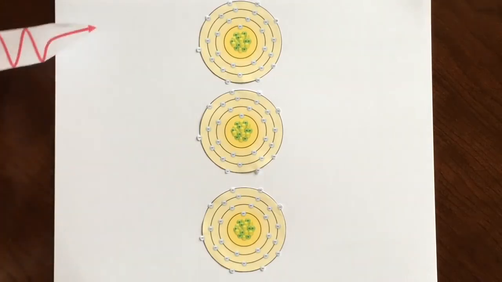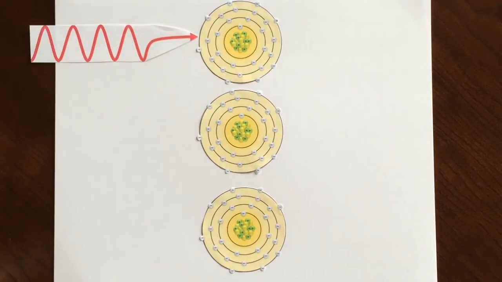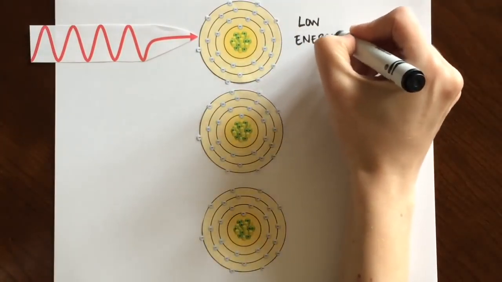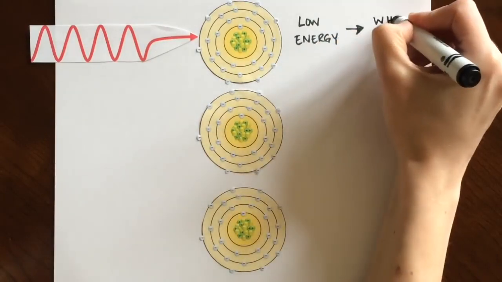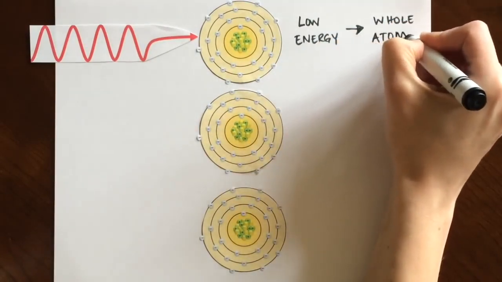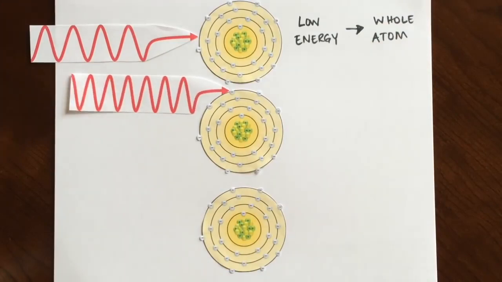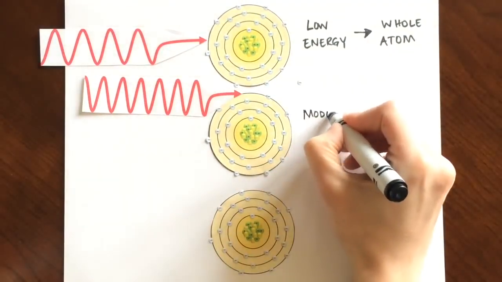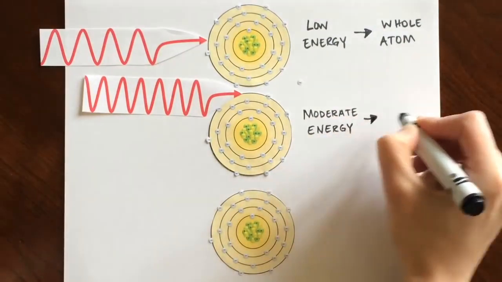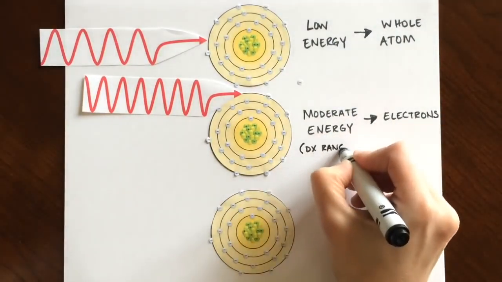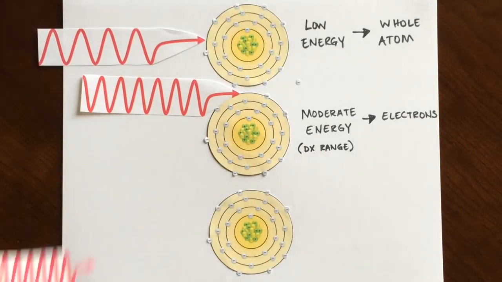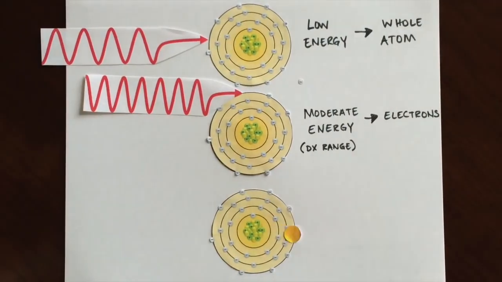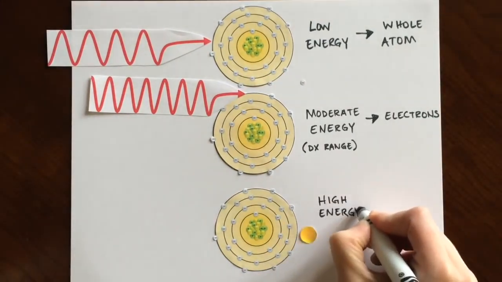If we look at 3 X-ray photons that travel with increasing energies, you'll see how each interacts with an atom. The first low-energy photon travels with a longer wavelength and interacts with the entire atom. The second moderate-energy photon travels with a shorter wavelength and interacts with electrons, causing ionization. This is the type of interaction we have in diagnostic radiology. The third high-energy photon has a much shorter wavelength and completely disappears when it interacts with nuclei, creating a nucleon